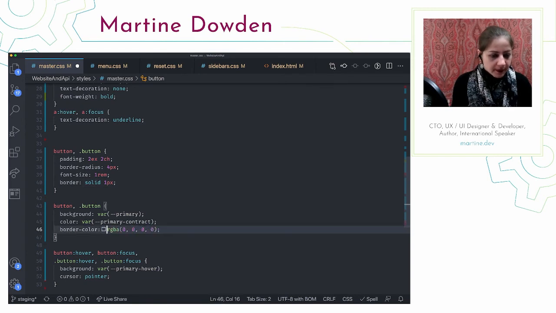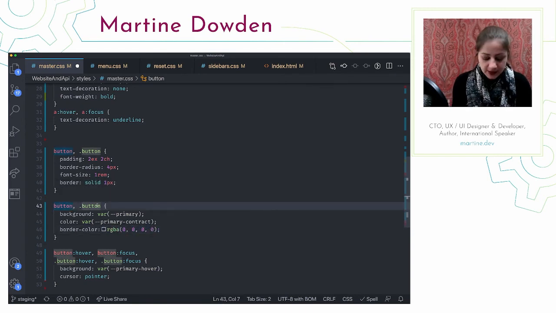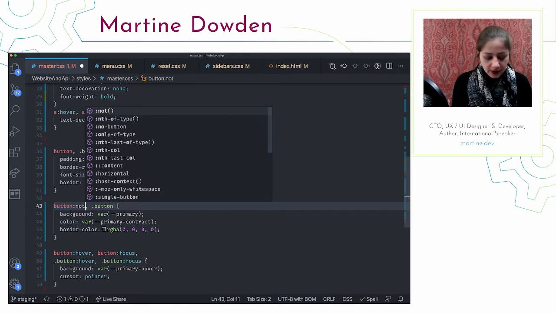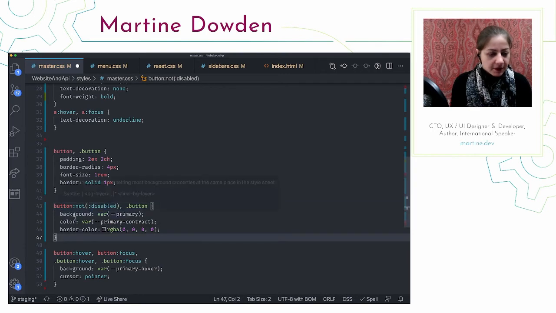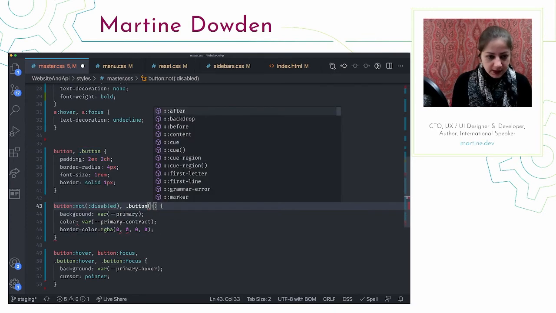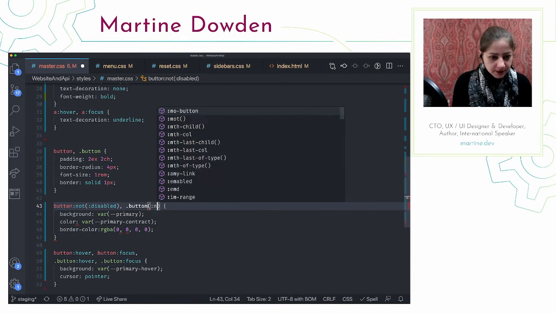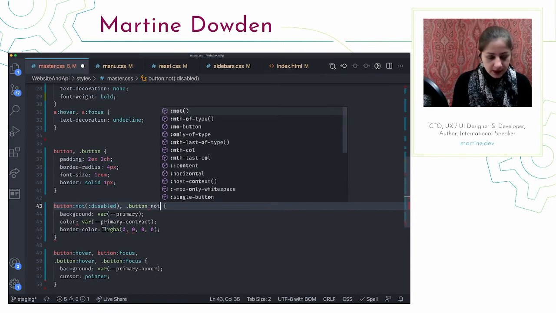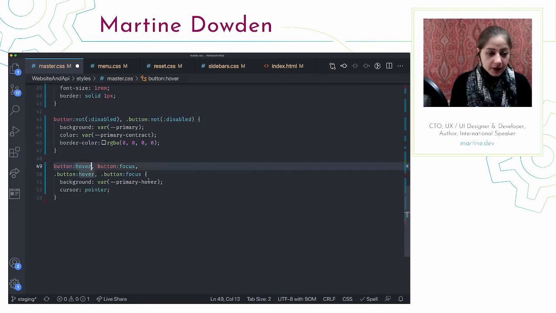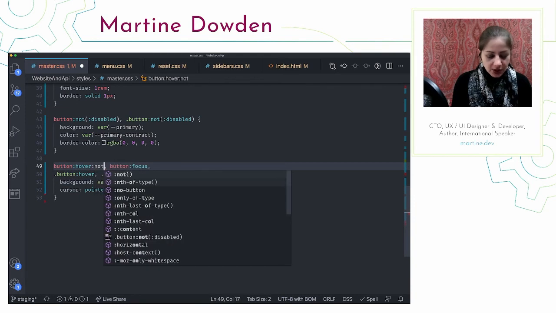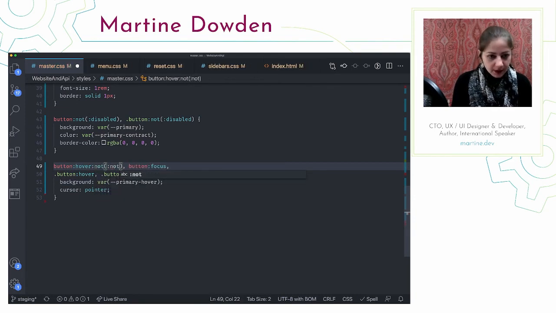There we go. Now, at this point, what I want to do here is say, hey, I want this to happen only when we're not disabled. So now this theme, this background color, this color, and this border color is only going to happen when we're not disabled. Oops. There we go. Not disabled. And same idea with our hover and our focus. We don't actually want a hover or a focus. So we can keep chaining these. Not. I'm going to do it here. So we want a not disabled.